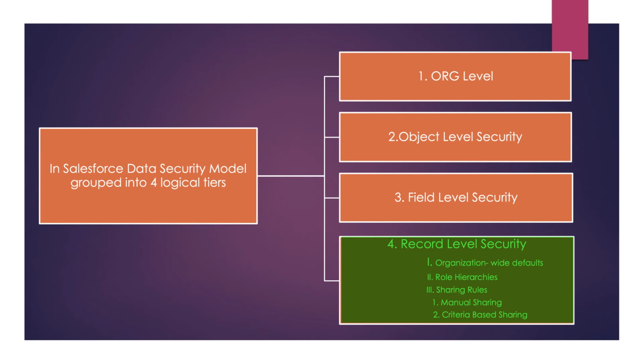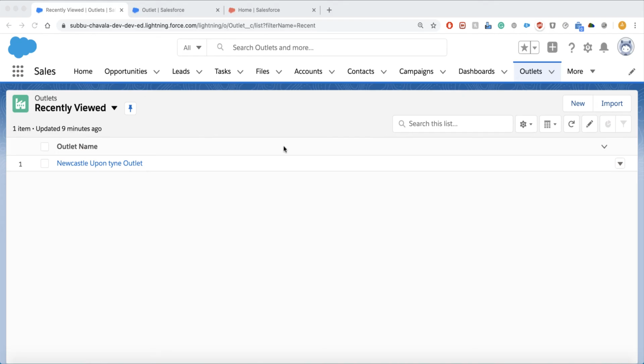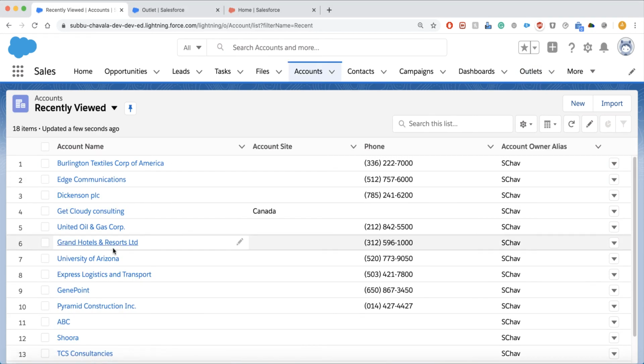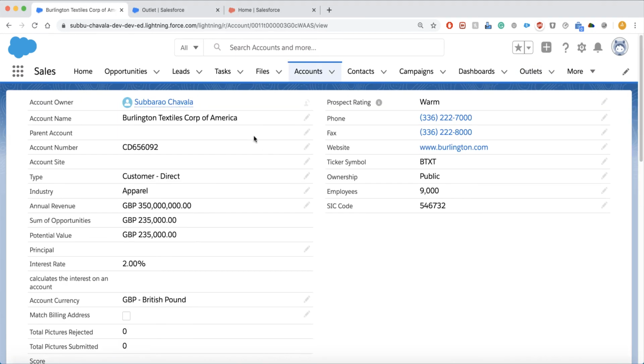What is meant by record? Go back to the org, I'm going to show you. If you click on any of the objects, you can see some data. This is called a record. What I said, record level security means particular users can view the object, but can't see certain records. Every object has some records. So these are all what we call records, containing some data. Here we can allow particular people or users to view this data inside the